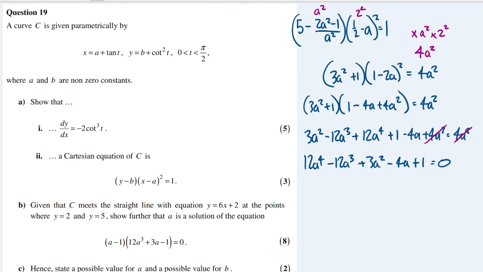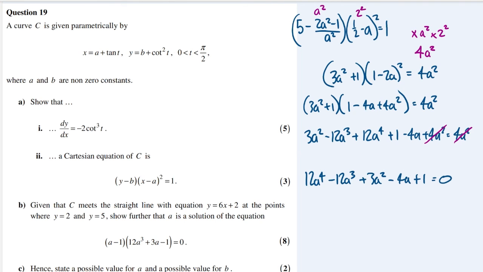Okay, now what we're going to do is use the fact that we know that a minus 1 is a factor, and we're going to divide this by a minus 1. And hopefully we will get the